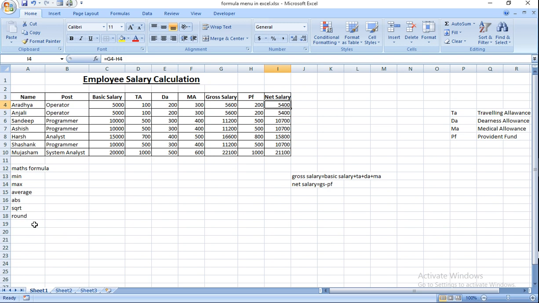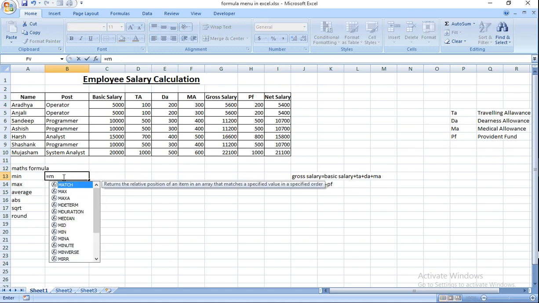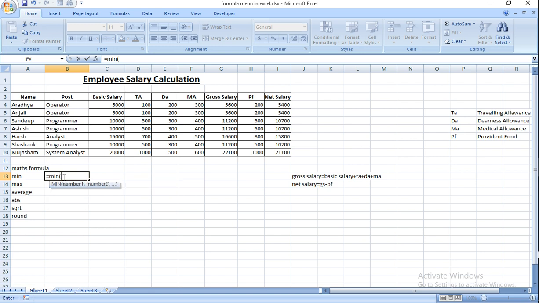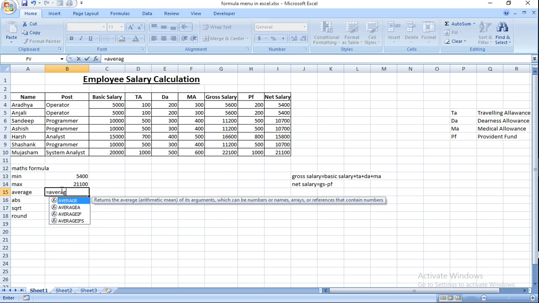And now you have to learn more mathematical formulas. Suppose you want the minimum salary, so here write min in bracket, you choose the net salary range, then you will get the minimum salary. Then you have to find the maximum salary. So press max and select the range, press enter,